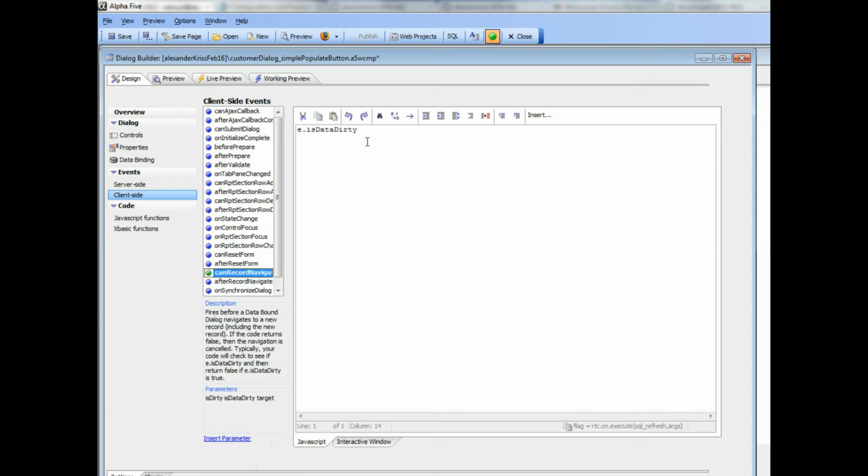So let's go there and just use standard JavaScript. So that says if any of the controls are dirty, any of the data bound controls are dirty, let's put up a message. So alert, you have unsaved data, please save before